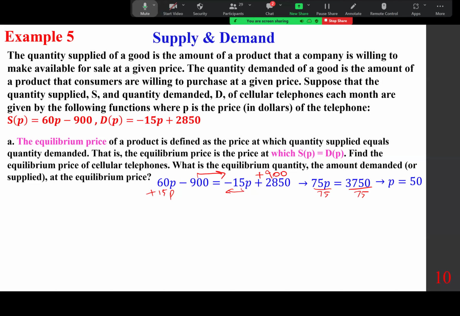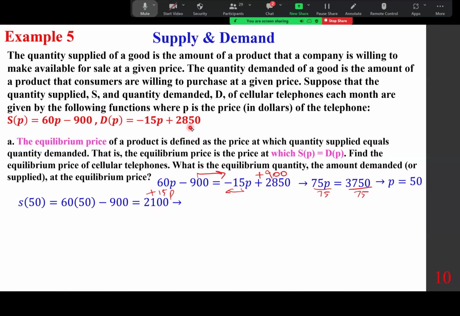How many units? Well, you put this into any of them. For example, if you put it into S of P, 60 times 50, 3,000 minus 900 is 2,100. Now, before we move on, it's important to know that you should really put it into both, and the two must be identical. Otherwise, we've made a mistake somehow here. So whether you put this into this one or this one makes no difference, but I highly recommend you do both,